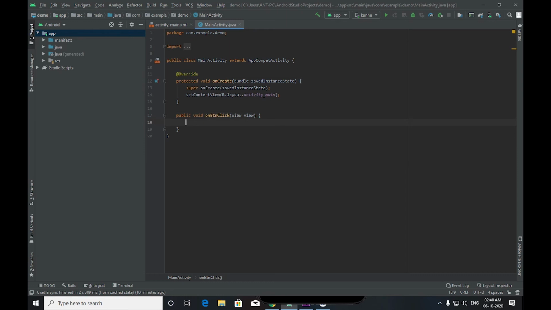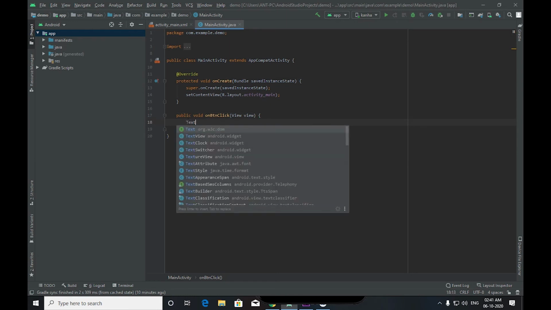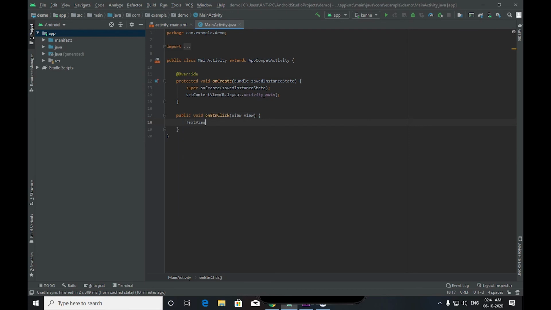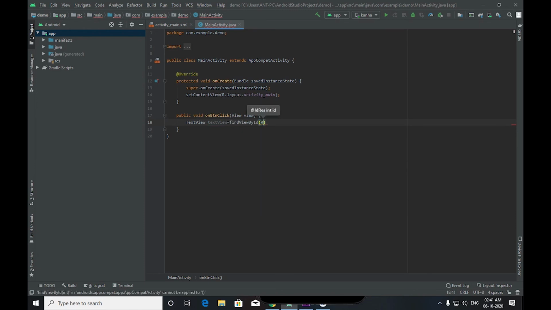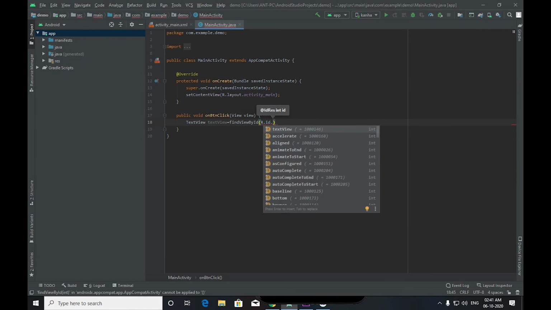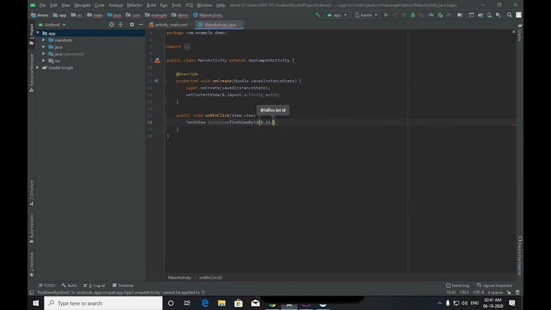For now we need to get our IDs from activity main. For the text view, we first need to type the data type, that would be TextView, and a variable name; we can take any variable name. I will take the official name, like textView equals findViewById. We are going to get the id from activity main. We cannot directly use it, so we use this code.